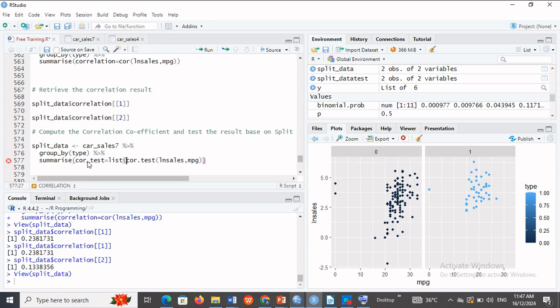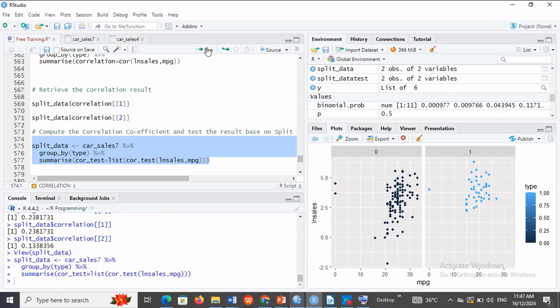The list function equals to... let's run this and see. Okay, now we run that list data. Now if there's a split data,